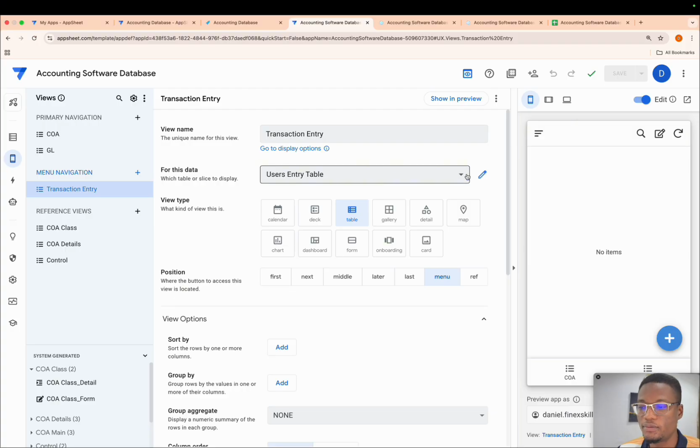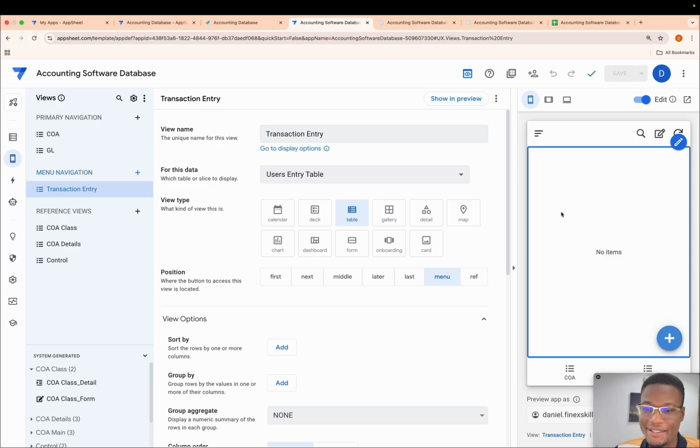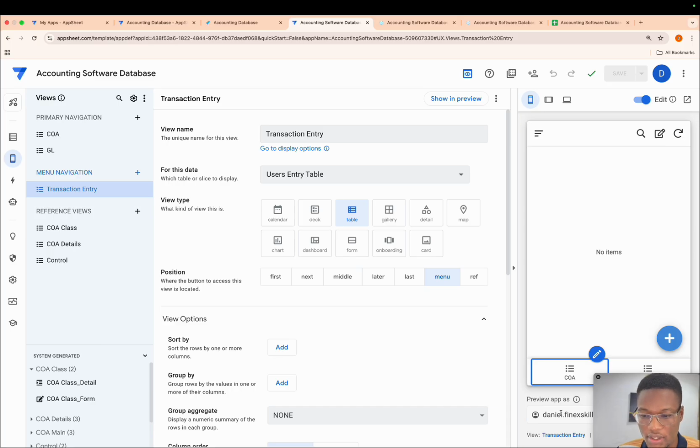By setting this to the users entry table, you notice that when I click on show preview, it doesn't show anything, it's blank. That's because this email doesn't happen to be in any of the fields over there. So I'm going to change this email to what we have so we can see. So let me clear this. Let me close this.